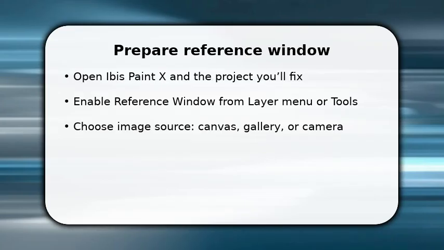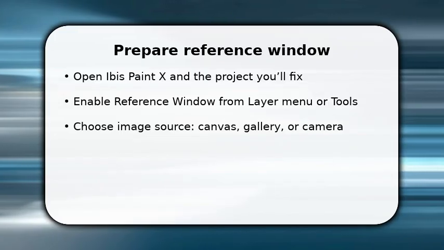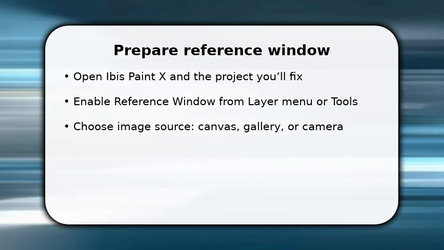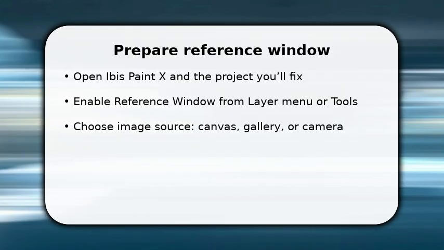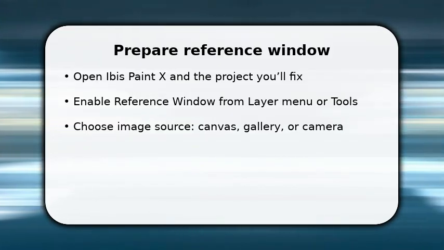You're starting with the reference window ready. Open your project and immediately enable reference window from the layer or tool menu. Make sure the reference panel is visible on screen and not hidden behind toolbars. Next, pick the image source, canvas, gallery, or camera, because that determines how updates behave. Canvas will mirror your work while gallery stays static. Once done, dock the window where it won't obstruct your main canvas, and confirm opacity and size controls are accessible